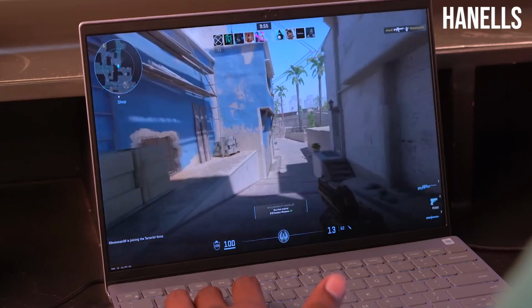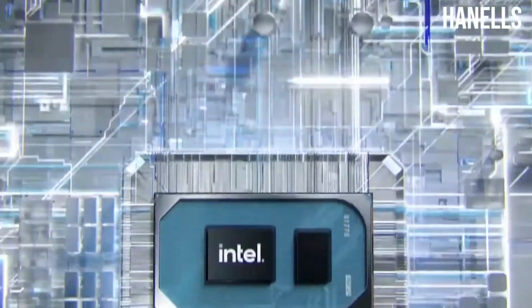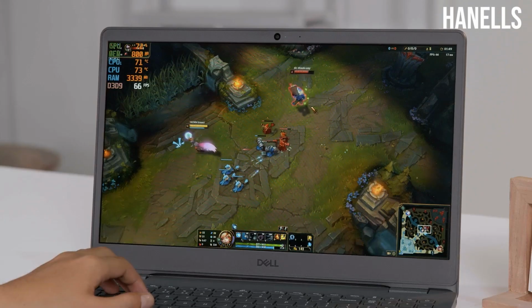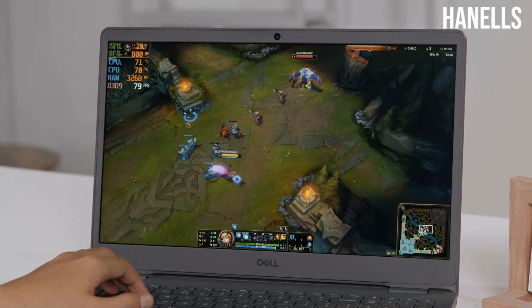But this laptop's true test lies under the hood. How does that 11th generation Core i3 processor hold up? Let's run some benchmarks to quantify performance. Kicking things off with Geekbench 5, a test of overall system performance, the Inspiron 3501's Core